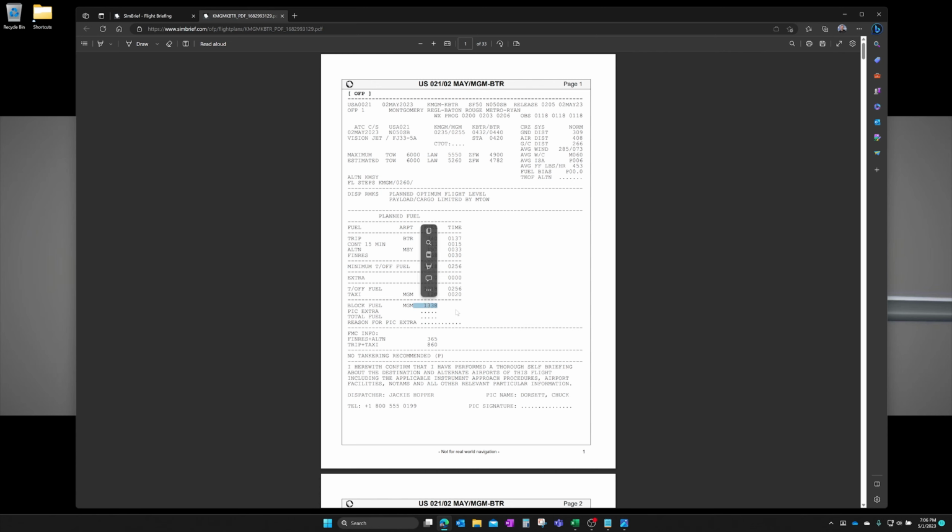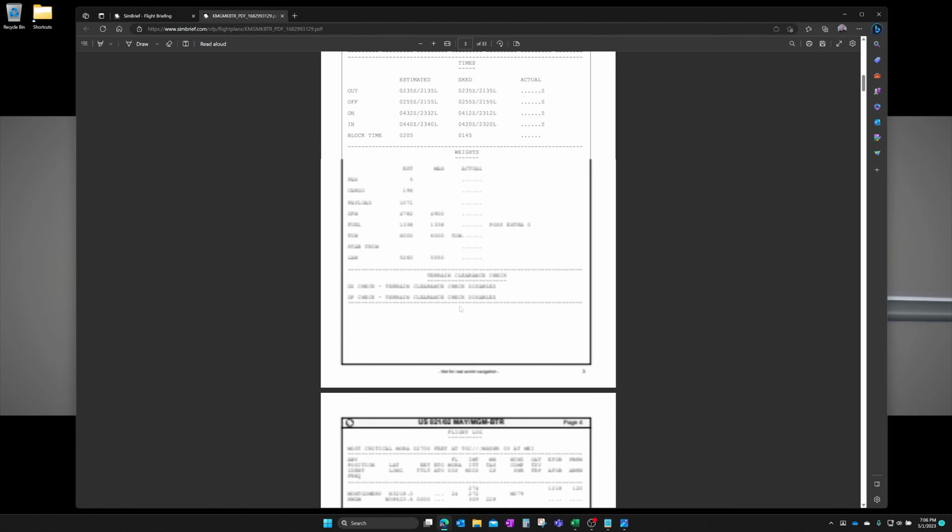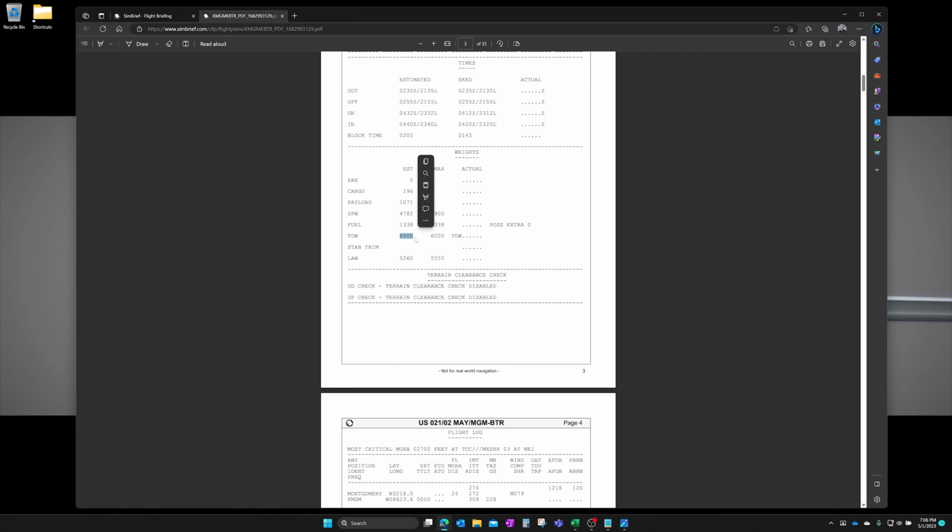And then the other thing that's weight related is I will set the overall takeoff weight in the sim. This is the max. So basically once I adjust fuel, I'll just max out the payload to where I get a total weight of 6,000. So that's one thing I need. The other thing I need